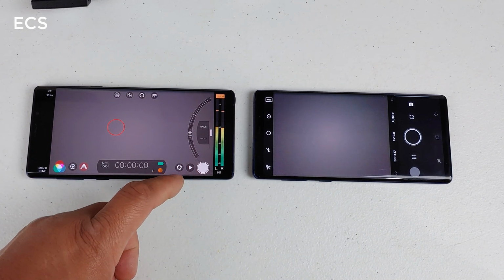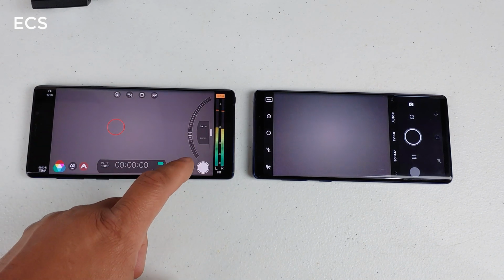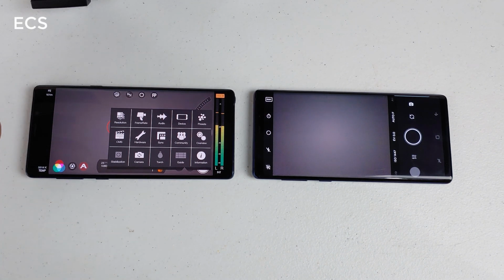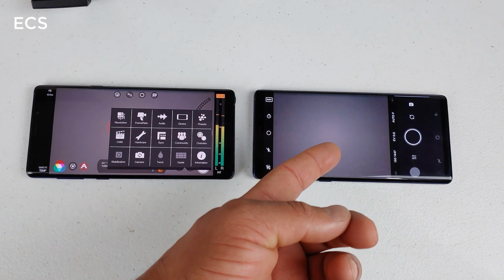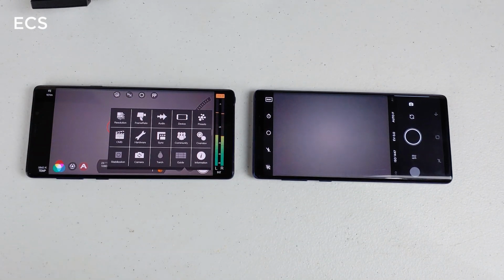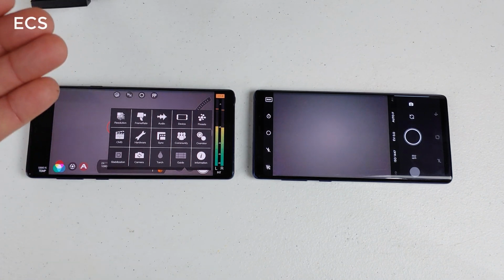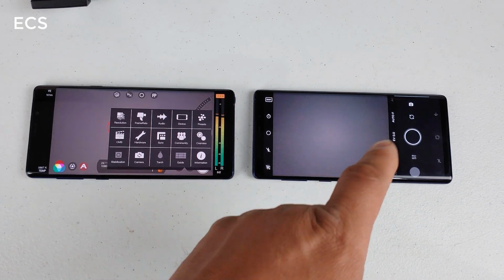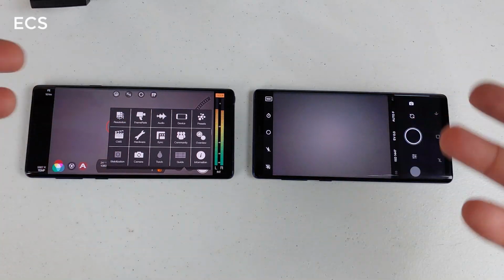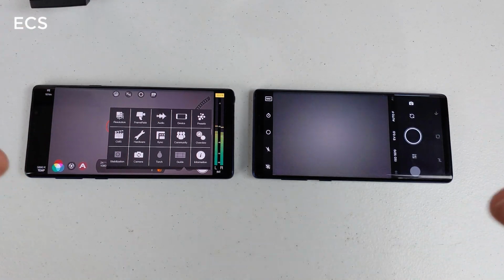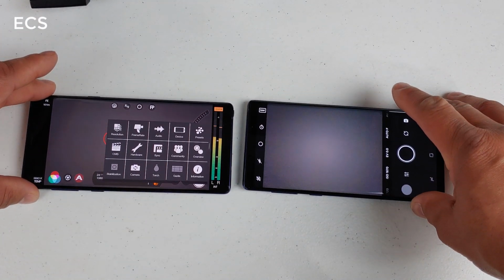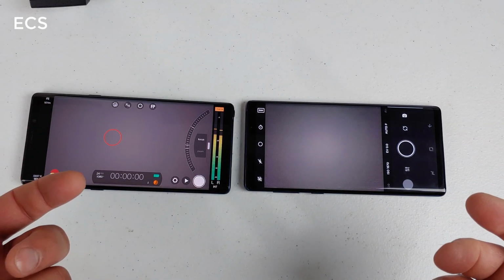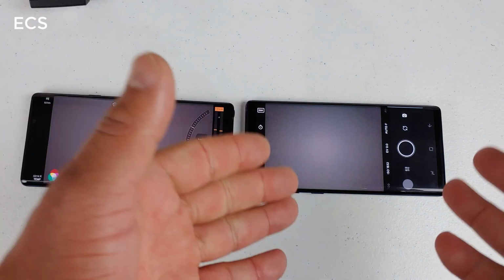But Filmic Pro is basically focused towards videoing. It's really focused towards video, but you can do RAW capture here. You can take photos here. The photos are okay. You still have to color correct them in post. And again, if you do RAW footage here, you do have to color correct them in post. So all in all, when you're shooting in both of these camera apps, you do have to do work in post. I want to shoot a little video so you guys can see the Moment app,